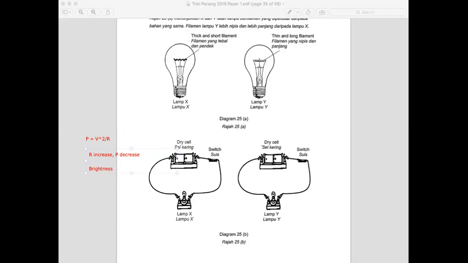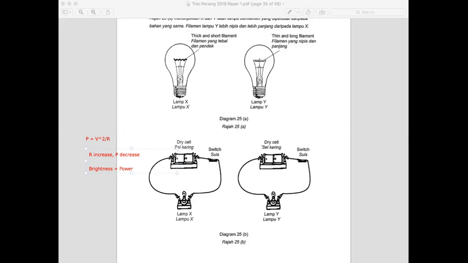So brightness dia is affected by the power. Brightness is directly proportional to power ataupun energy lah. Energy kan power about the same kan. Energy is power times time, isn't it? So brightness is equals to power. So the greater the power, macam 100 watt is brighter than 60 watt misalnya or 20 watts. So what makes the bulb to different in terms of power? They just change the resistance. So higher resistance means lower power. Lower resistance means higher power. So answer is